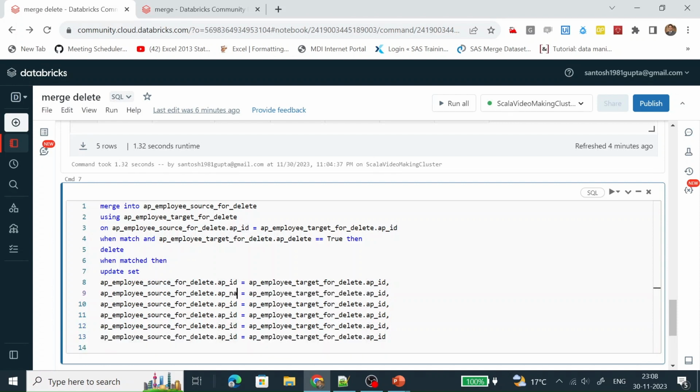APID, then here is AP name, here is AP gender, here is AP salary, here is AP state, here is AP city, and one more column is there.